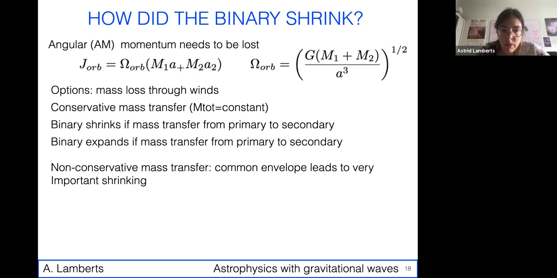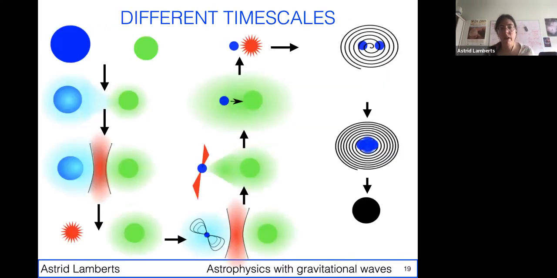Now, in most cases, we actually think that when there is mass transfer, some of the mass is being lost in space, like in this common envelope process. And in that case, we often have very important shrinking. But basically, mass loss of all kinds and winds will be the dominant factors that explain the evolution of stars towards making compact binaries.